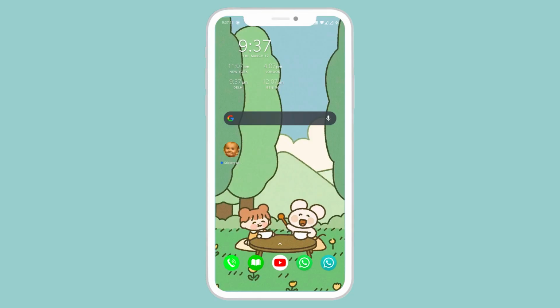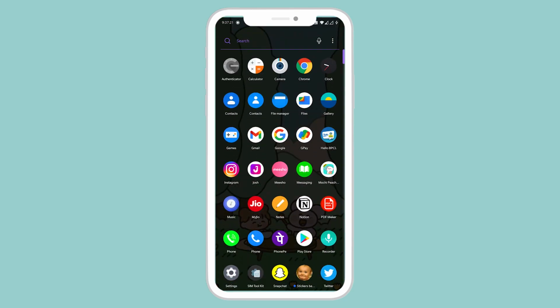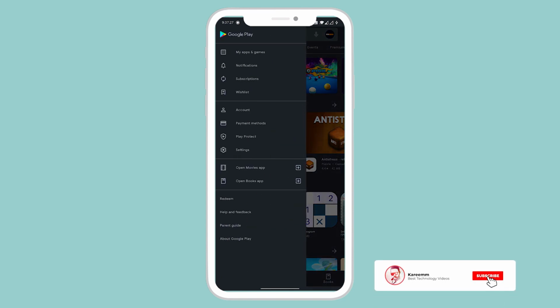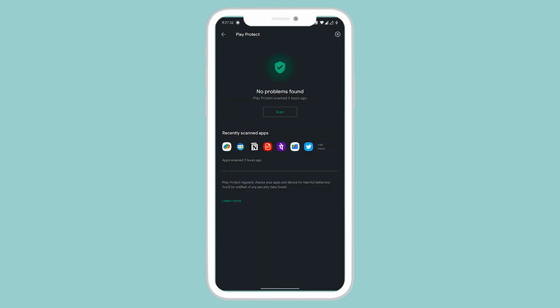So firstly, open your Play Store on your mobile and just go to the three lines and click on Play Protect. Just tap on it and here you can see a scan button. If you click on the scan button, then this will automatically scan all the viruses in your mobile phone that